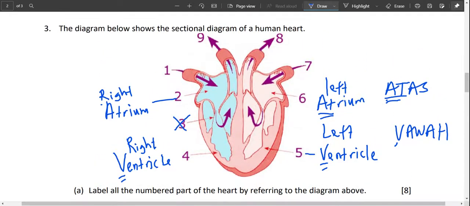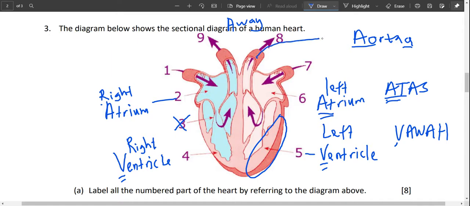Now let's look at the blood vessels. There are 2 blood vessels on top that go away. If it goes away, it must be artery. And this one on the left side is thicker, therefore it must go to all parts of the body. Therefore, number 8 is aorta. A, away. And this one, it's thinner and it's away. It must go to the lungs. Therefore, pulmonary